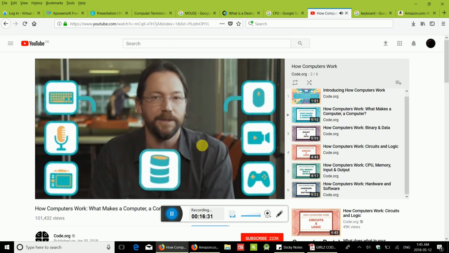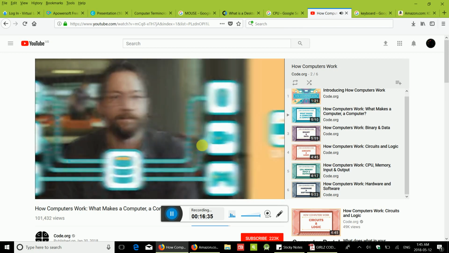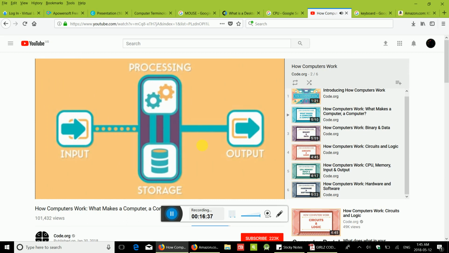All these different inputs give a computer information which is then stored in memory. A computer's processor takes information from memory, it manipulates it or changes it using an algorithm, which is just a series of commands, and then it sends the processed information back to be stored in memory again. This continues until the processed information